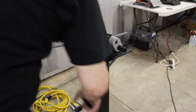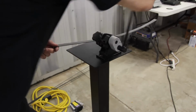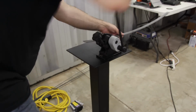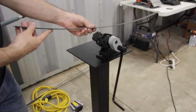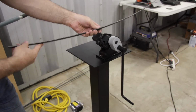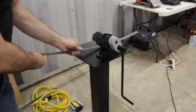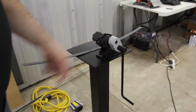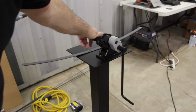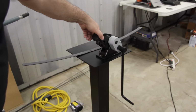We're going to put the material in, a little bit of tension, and in this case we're going to start rolling. If you notice the material coming out of the drive rollers, it's starting to increase a little bit of radius. So what we're going to do now is increase the tension. We're going to turn the tensioner half of a turn clockwise, and then we're going to take the material and roll again,